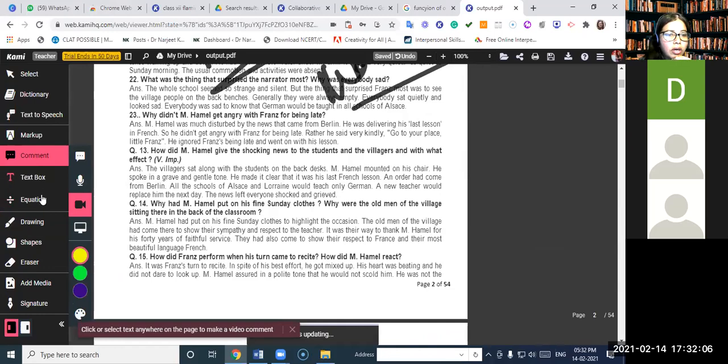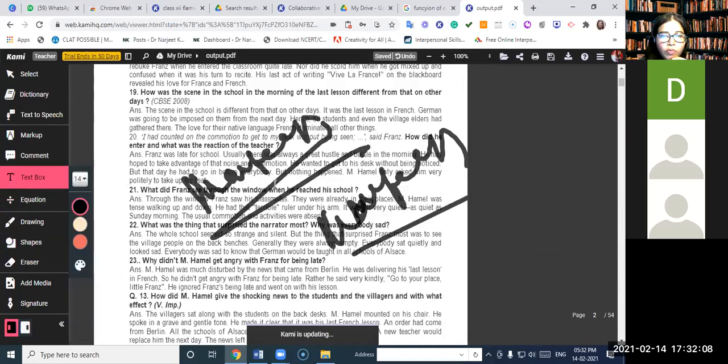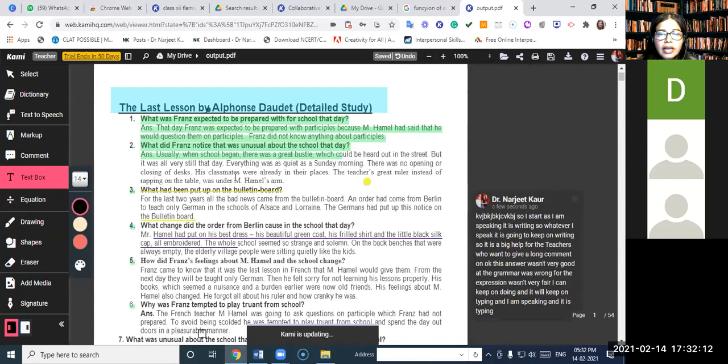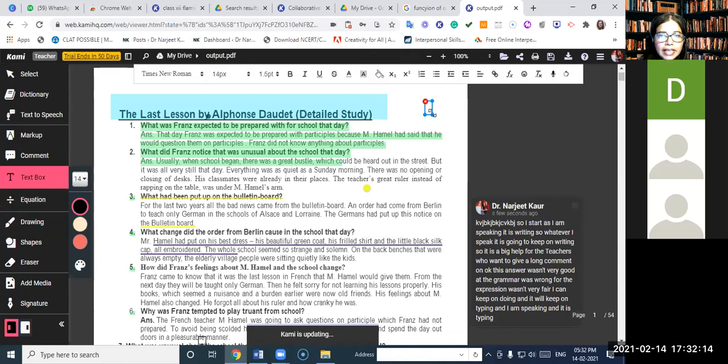Text box, in the text box, what you do is click on text box. Anywhere that you want to write a text, you can do this, right? So here, what I do is, a text box has been created. Text box is nothing but a place provided to you where you can write the text. So this is a text box which has been created for me. I can write whatever I want to. I want the children to see it highlighted.